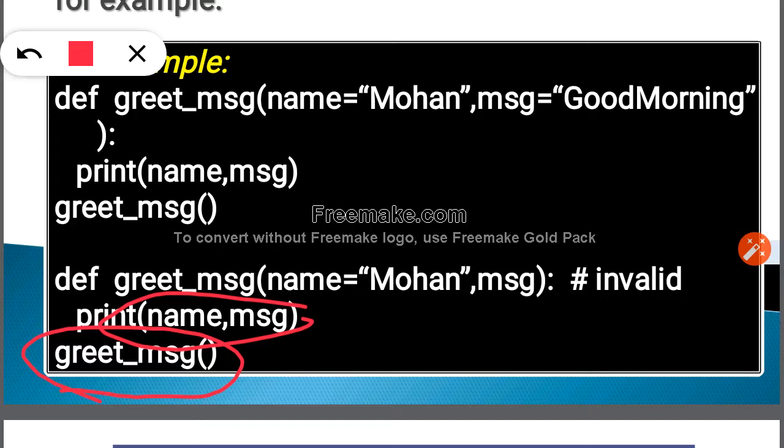It will print name as Mohan and MSG as what? Nothing is there, so directly MSG will be printed. So Mohan message, clear? So message is good morning, so Mohan good morning. You run this program on your computer and then you'll understand what the actual output is.